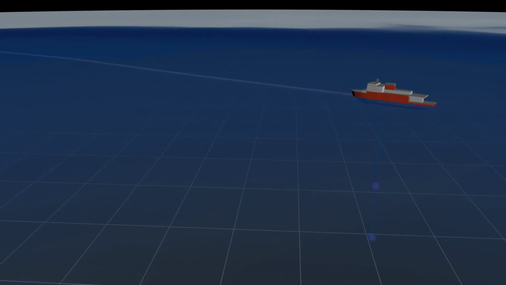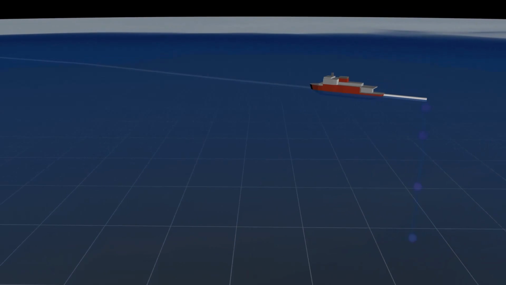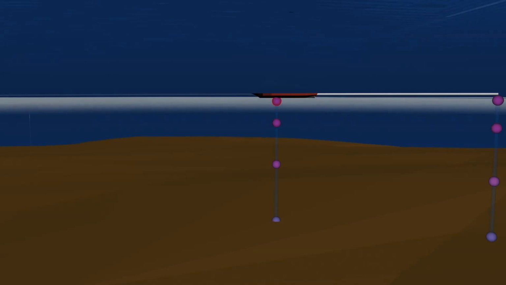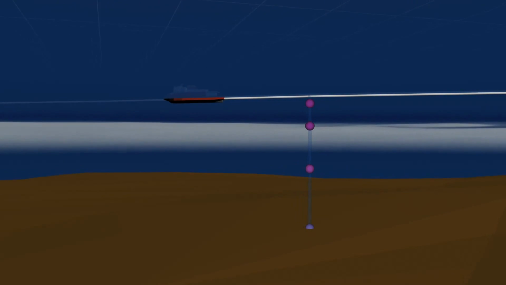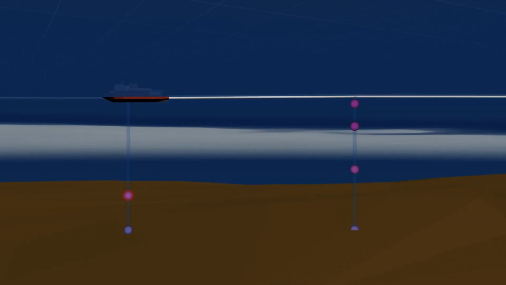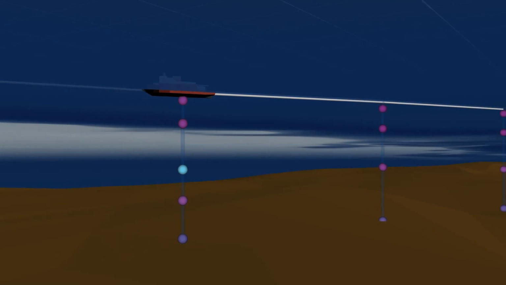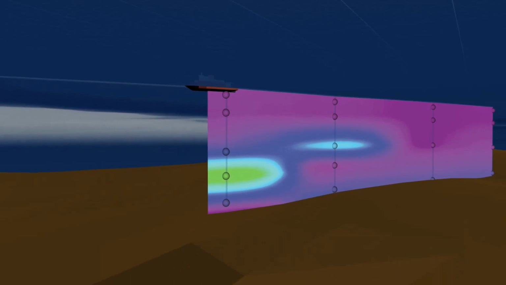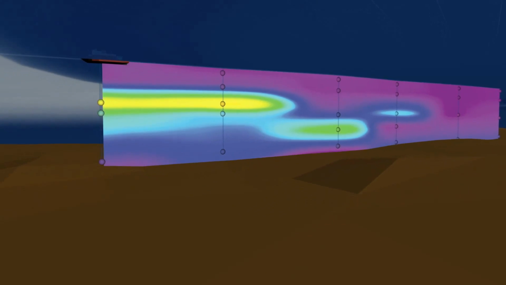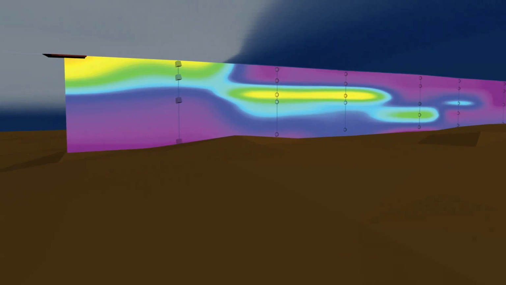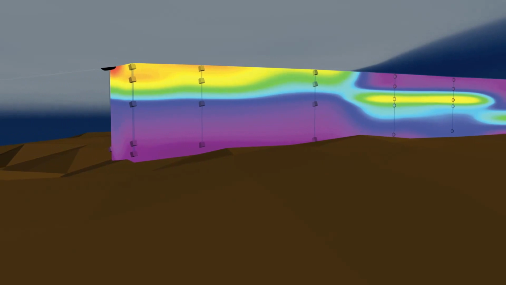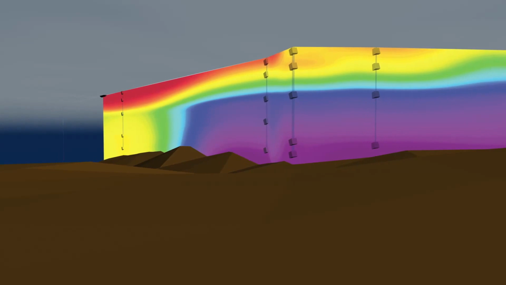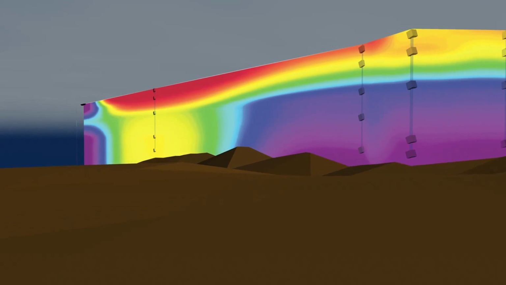What we're going to do is drop below the ocean. You can see that we're in open water here. We're heading toward the ice. Hopefully you can see it there. We're sampling the water, and we're measuring how much plankton is in the water. Eventually this is going to turn colors. Purple colors mean there's very few plankton, and so you see a lot of purple in open water. We're headed toward the ice now. We're in the ice, and suddenly the purples start to turn green and red. Green and red mean there's lots of plankton. We are under 1 meter of ice at this point. You see that area of red there?